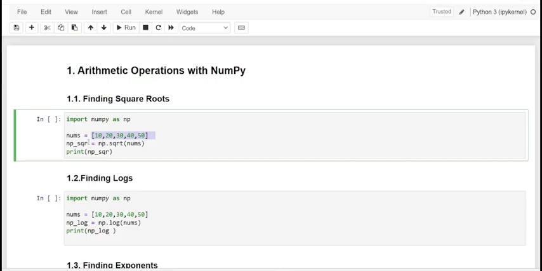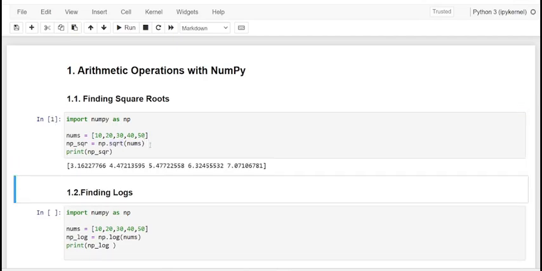When we pass the function sqrt to it, of course, we get the square root of each element individually. So let me execute it, and kindly have a note of it. So this is the square root of all the elements in the list.